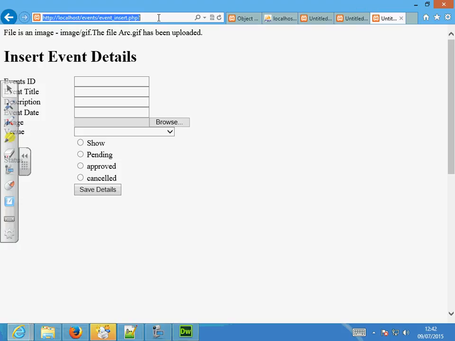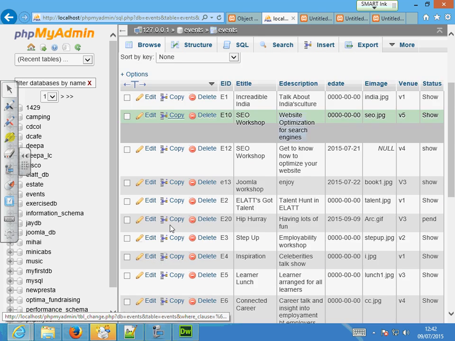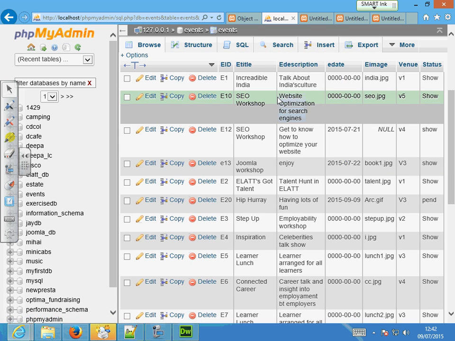So now, obviously the other way is I can go here and browse again. P20. So the name of the file is in the database. But that's not important for me right now. For me, this was working already.